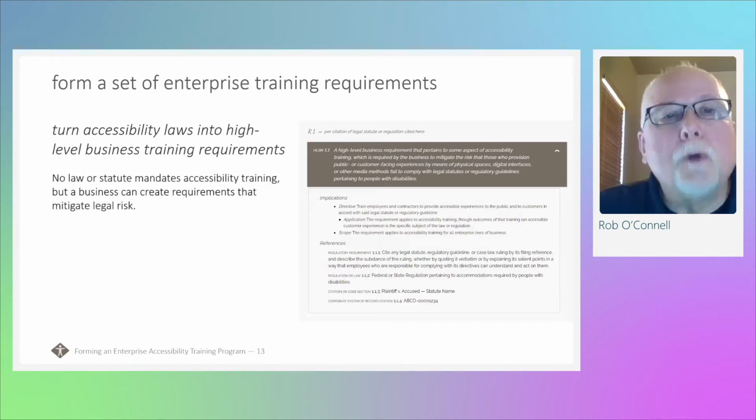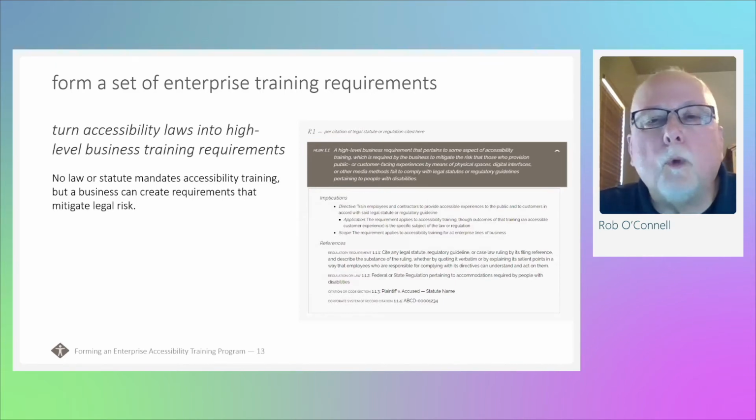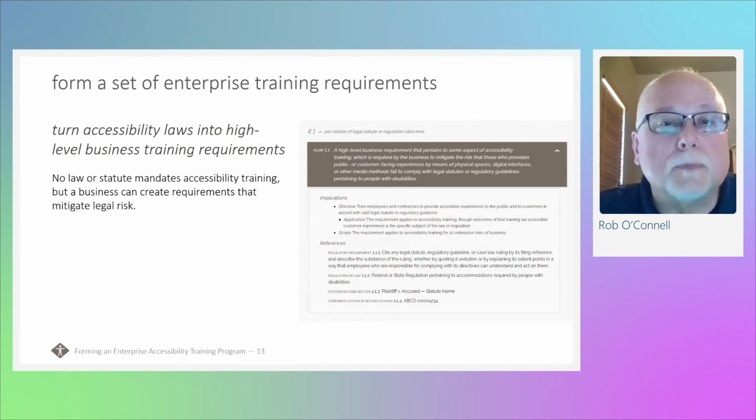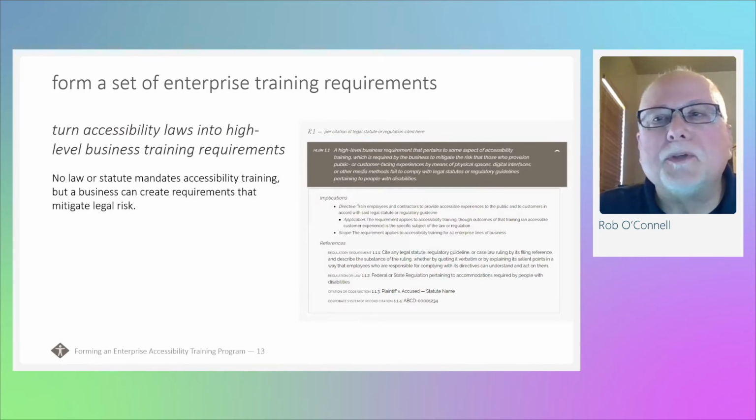There is no statute or mandate that says a company must train on the subject of accessibility. Almost all the legal precedents are based on the execution of the skills that lead to accessible websites or an accessible service experience. And so to that end, we really needed the help from legal to create high-level business requirements